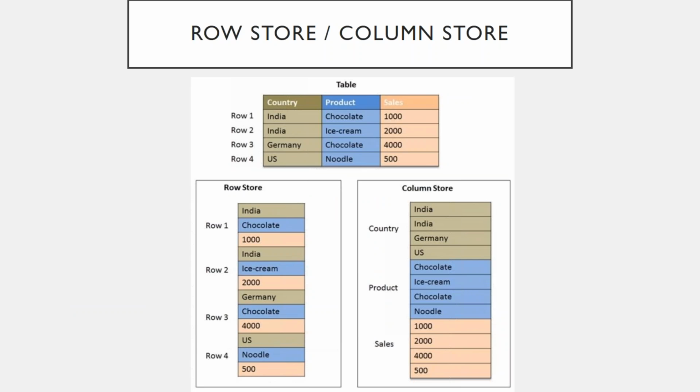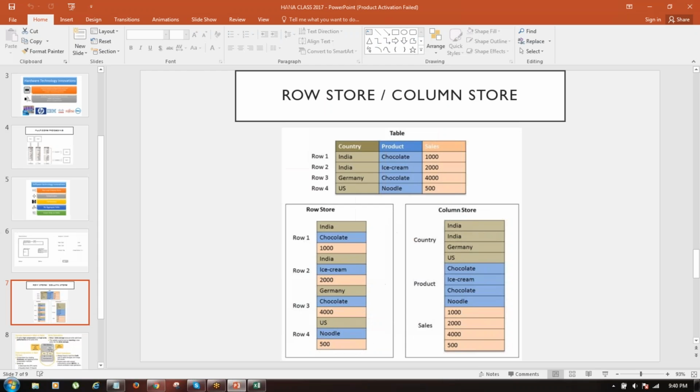Sorry? The column. Column store. Column. Wonderful. Right? So in this particular situation, the column store is providing you good results. Reading the data is becoming much faster. So this is the reason why we have to understand whether I have to create a row store or a column store. Row store, let me give you one more